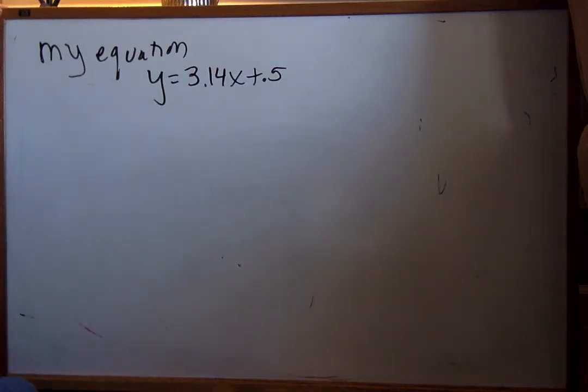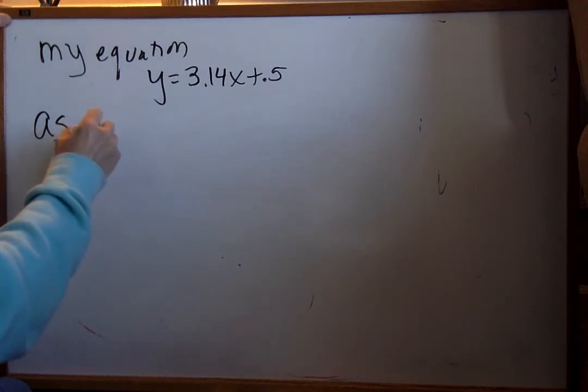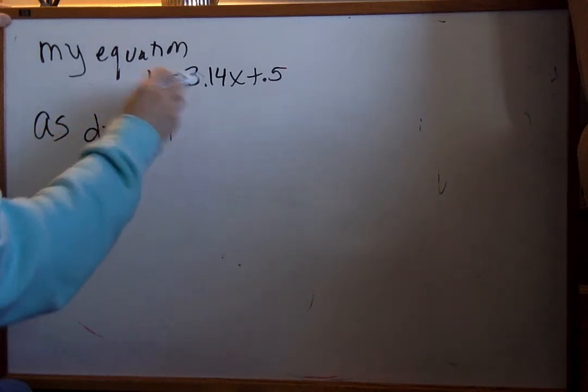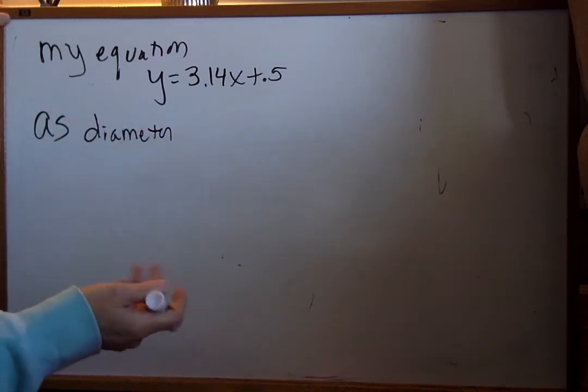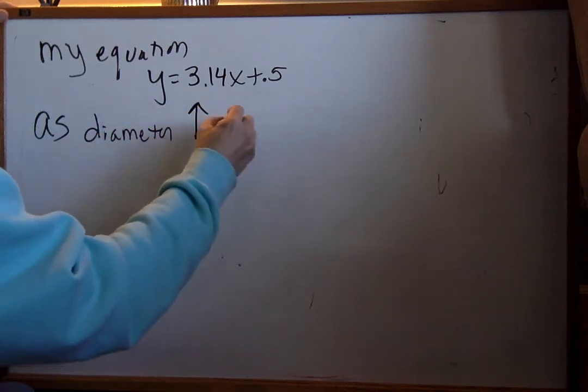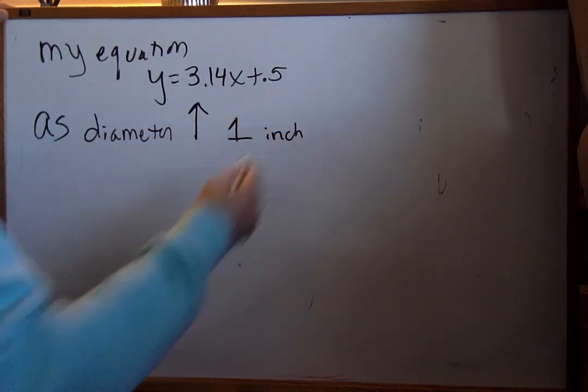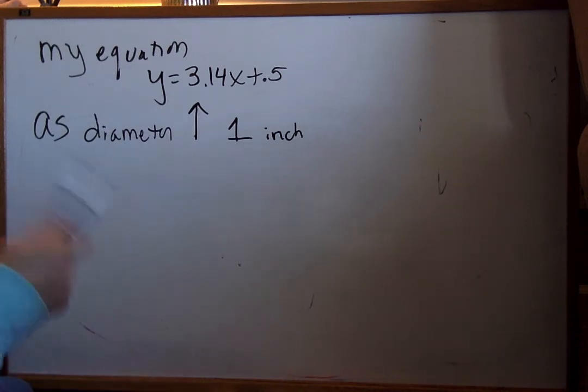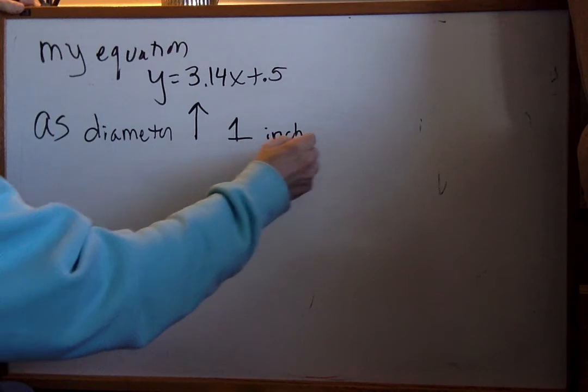So that is about what I got earlier. Even though I know it should just be 3.14x, that's actually what I calculated from the line I drew on my personal graph. You could use whatever number you had from your graph if you did it properly. All right, as x, the variable x was diameter. Now this is a positive slope. You can make them both go up or both go down. Most people tend to make them both go up. As diameter increases 1, I don't think I ever told you, but that data I gave you was in inches. Sorry, I forgot to tell you that. As diameter increases 1 inch,